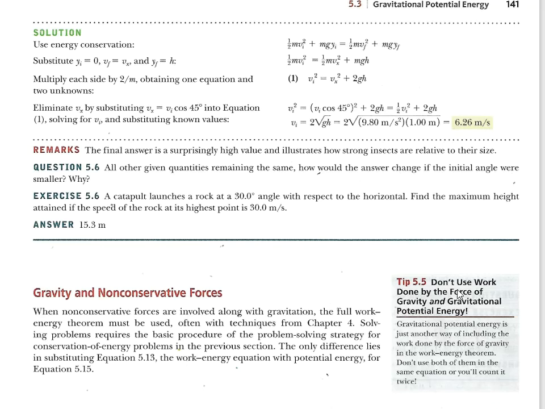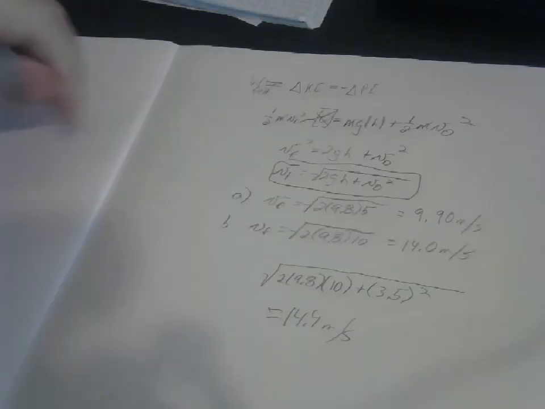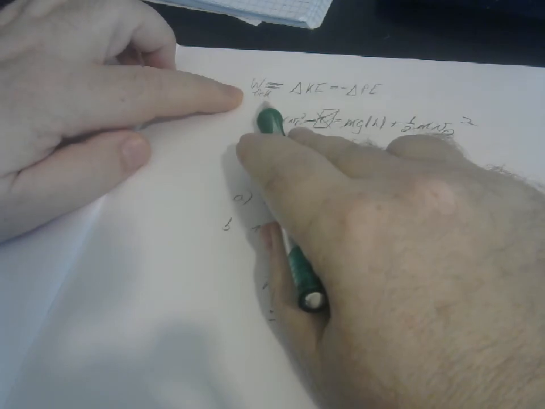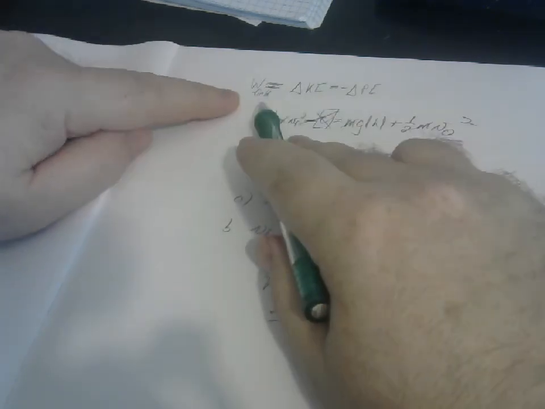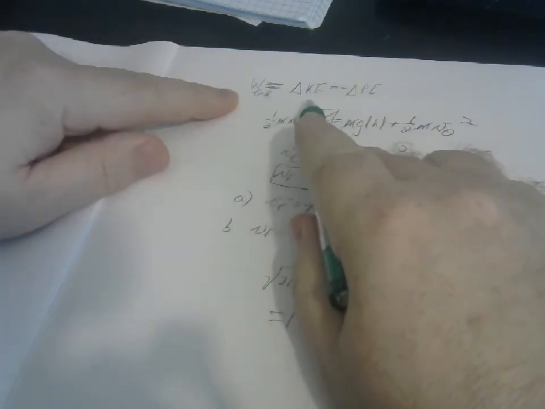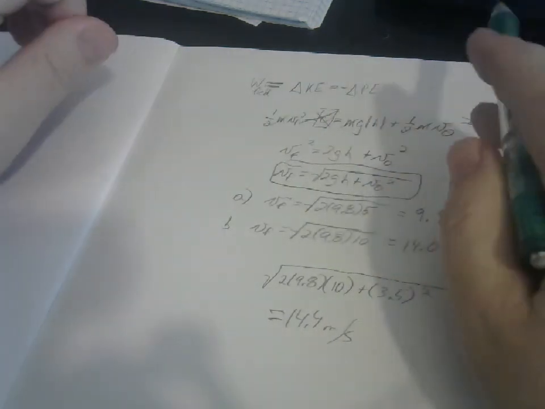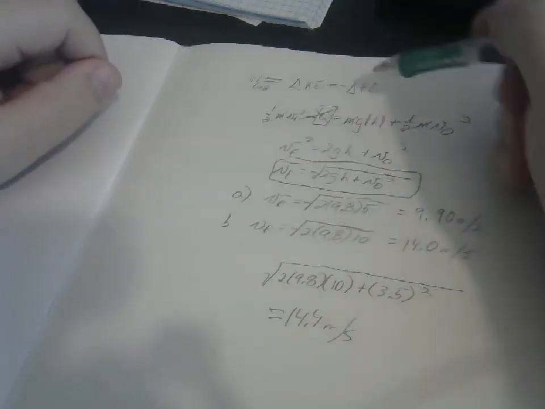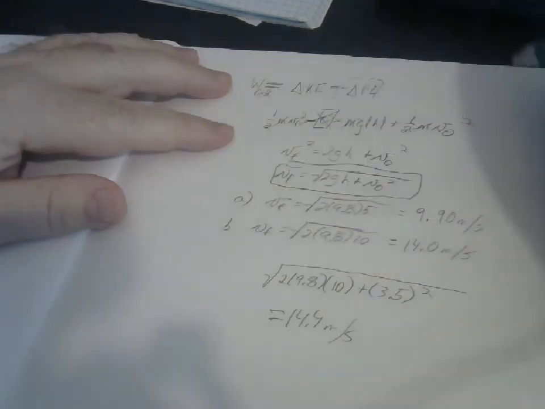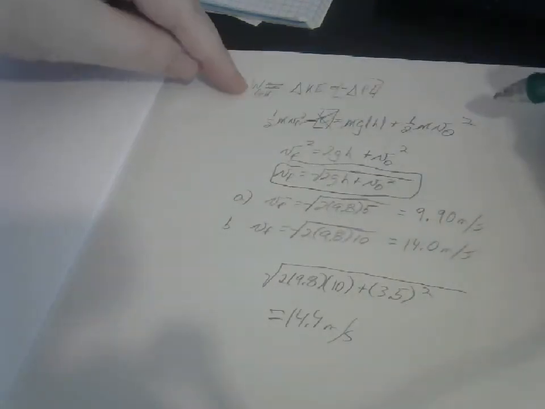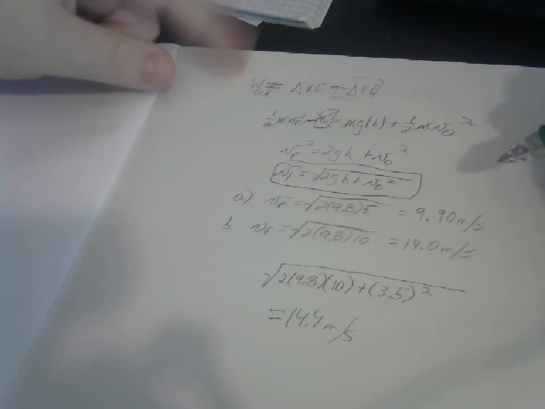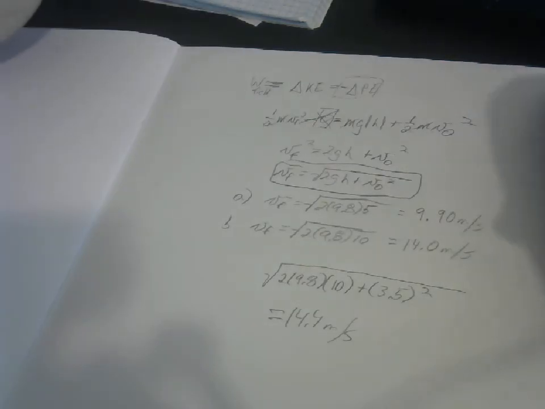There's a warning here, a tip: don't use both work done by the force of gravity and gravitational potential energy. I kind of covered that a little bit earlier by saying that the work done by the gravitational field is equal to the change in kinetic energy is equal to the negative change in the potential energy. So if you're including the terms of negative change in potential energy, you're already actually including the work done by the field. So